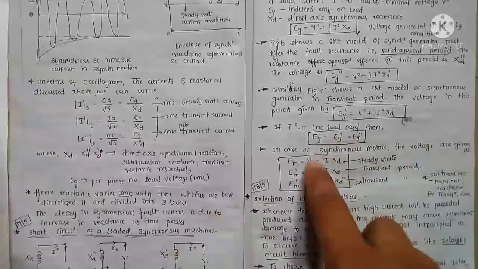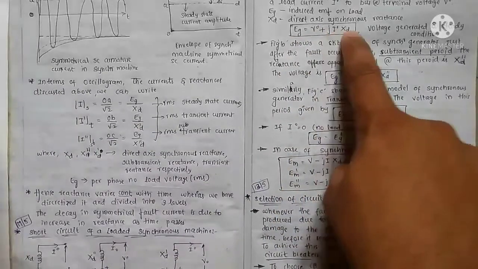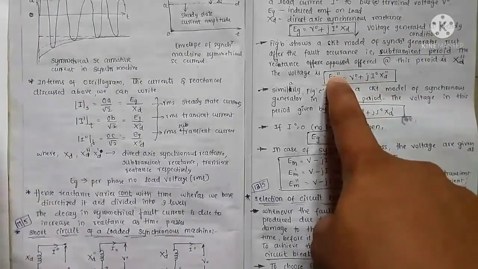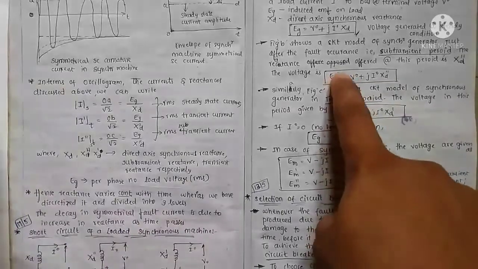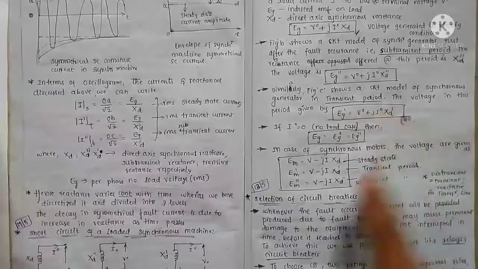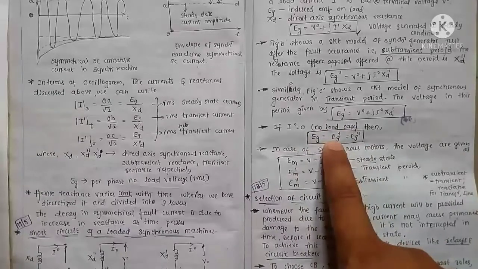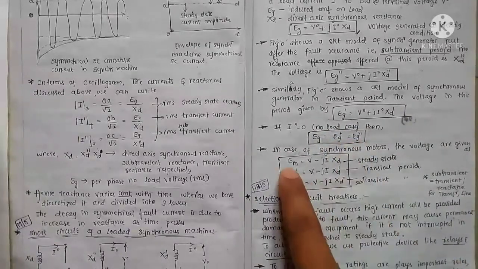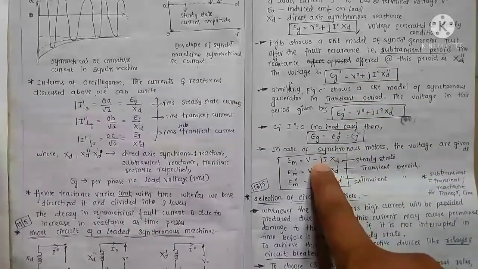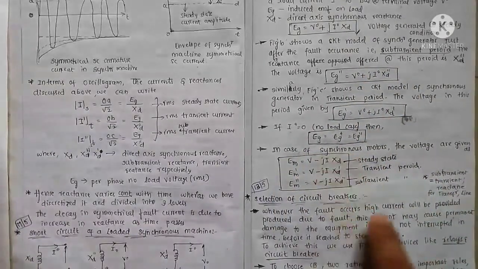These are the voltage equations. We get Eg is equal to V naught plus j into I naught into xd. This is for the steady state condition, and double dash means subtransient, single dash means transient, remember it. This is the subtransient voltage, we get an equation like this, and for transient we get an equation like this. And finally, if current is 0, that is the no load case, Eg is equal to Eg dash is equal to Eg double dash, remember. And in the case of a motor, we put minus instead of plus, that's all.